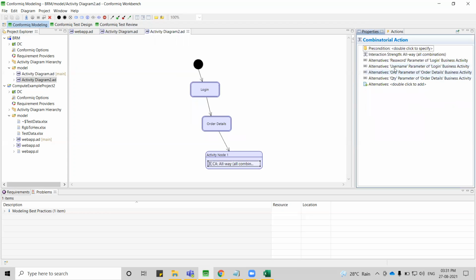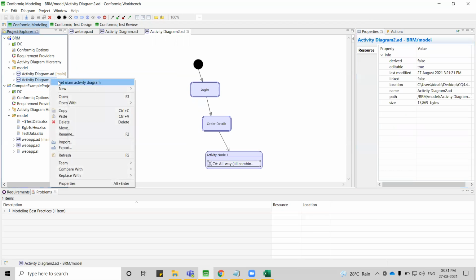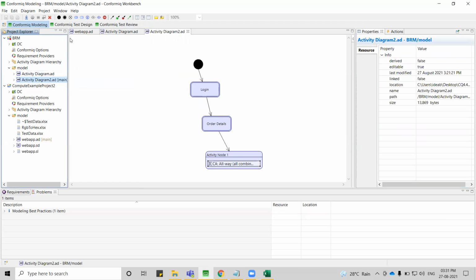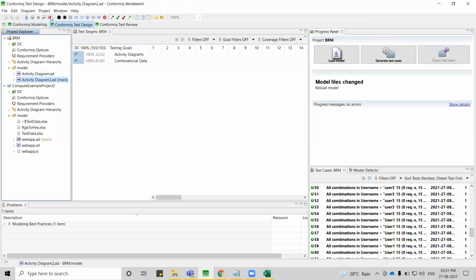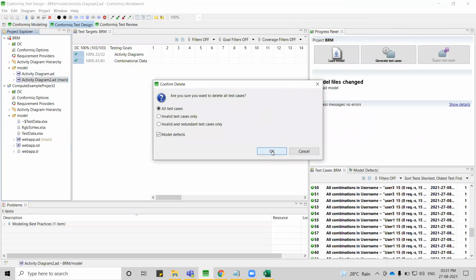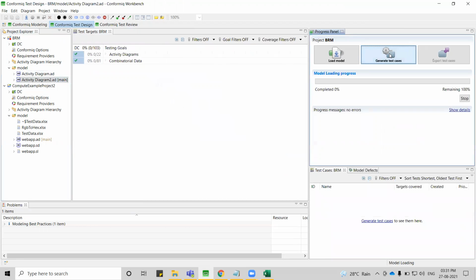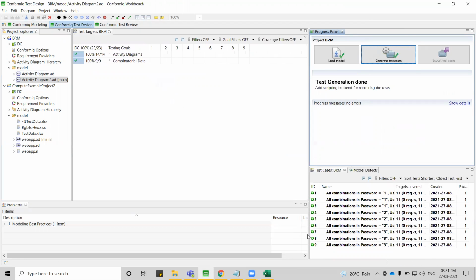Here also I have provided just 4 fields. Let's see how many test cases it generates. It generates only 9 test cases now.